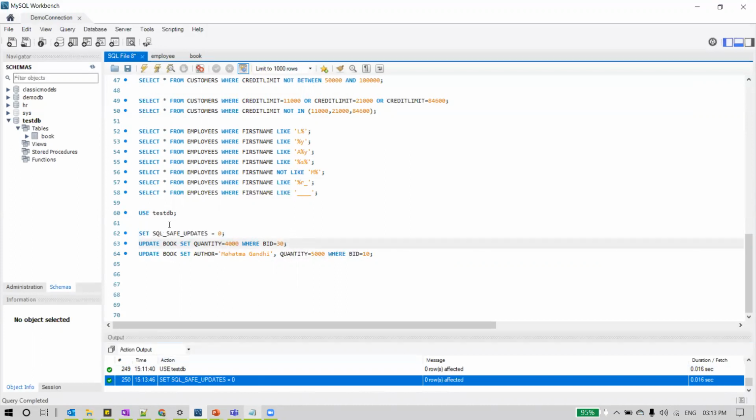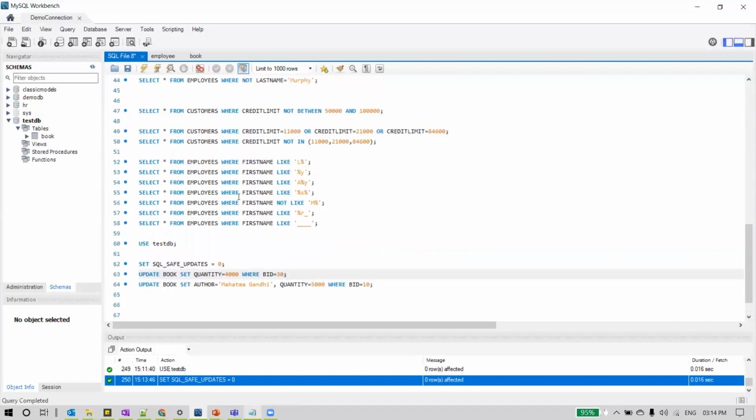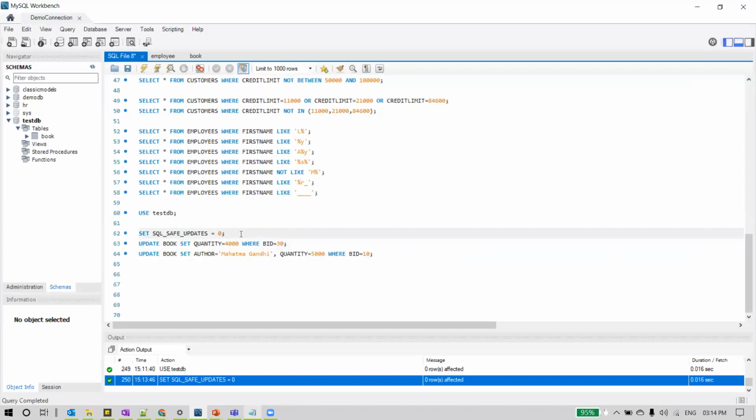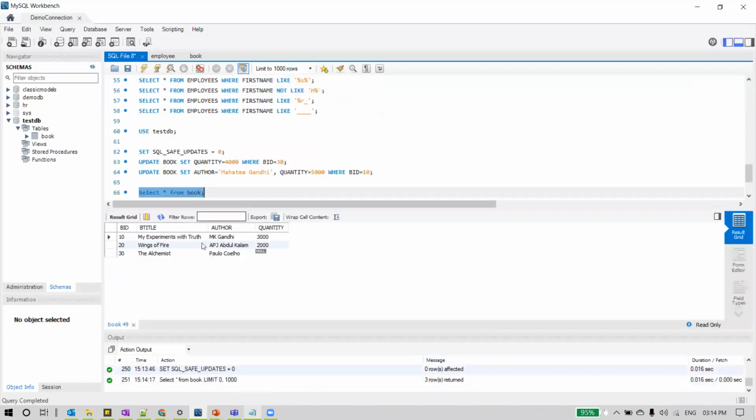Now we wanted to execute an update command. For that, first of all, let us see what's the data present in our table book. So for that, we usually do select star from book. I wanted to display the data in this table. So select star from book, execute.